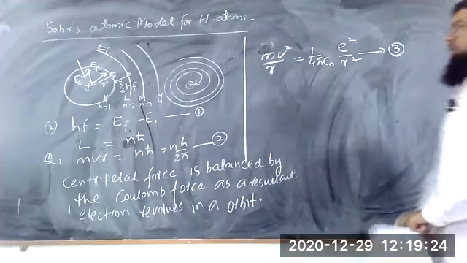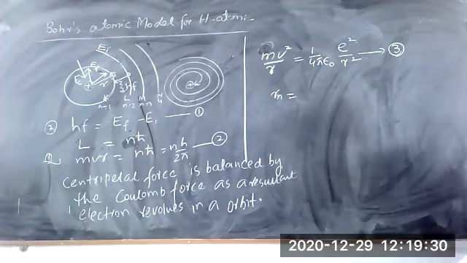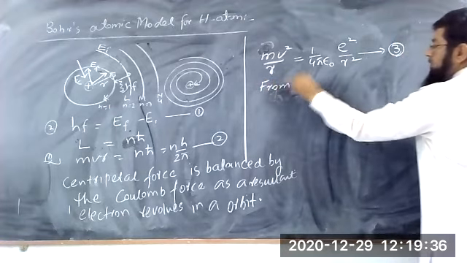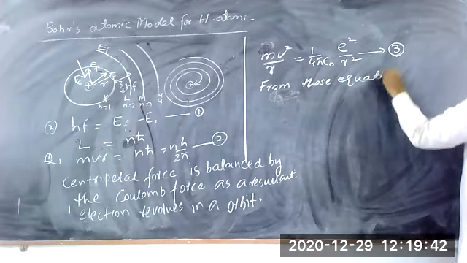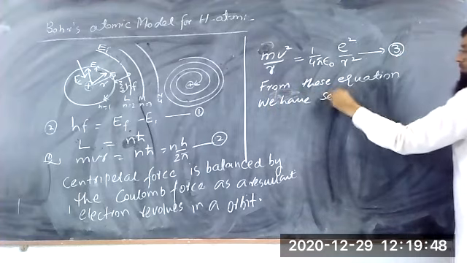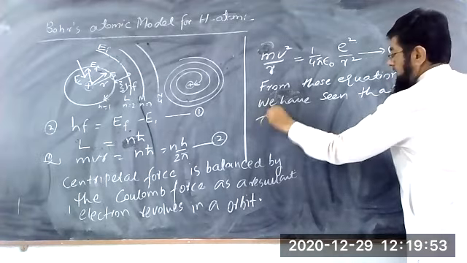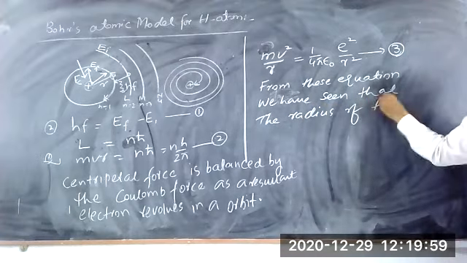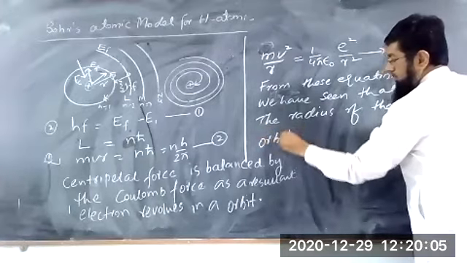From these 3 equations, we have seen that the radius of the nth orbit is